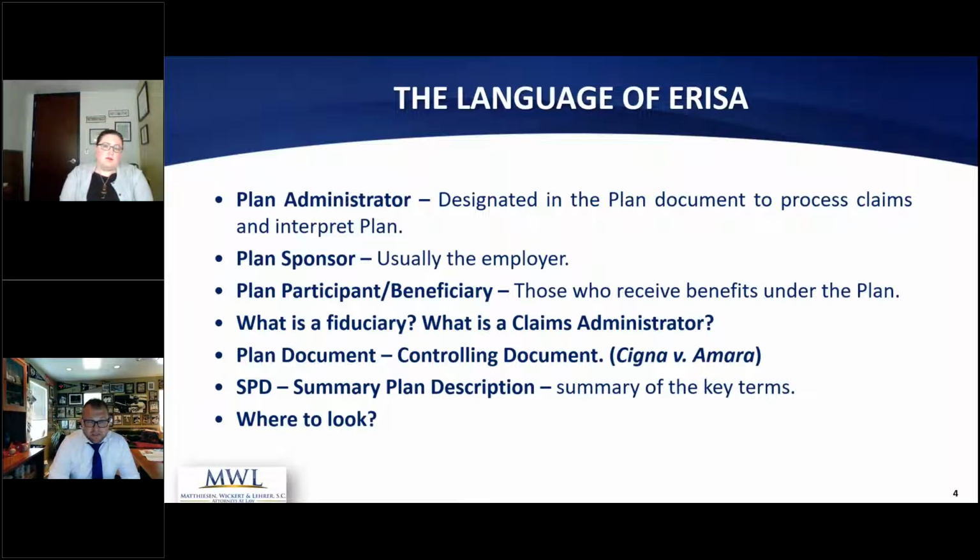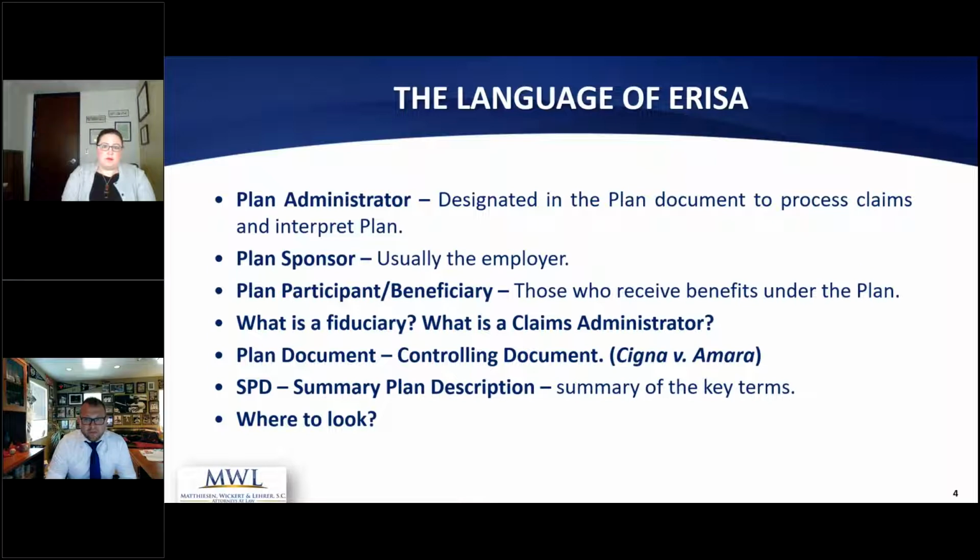Oftentimes you might see an administration agreement or services agreement where someone is actually taking on fiduciary liability or fiduciary responsibility. Now that service provider is getting paid a fee for taking on that obligation. But no, it's not dependent on some written contract, and frequently